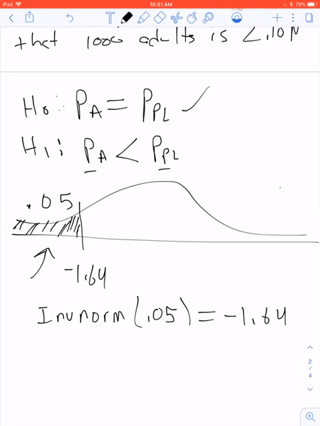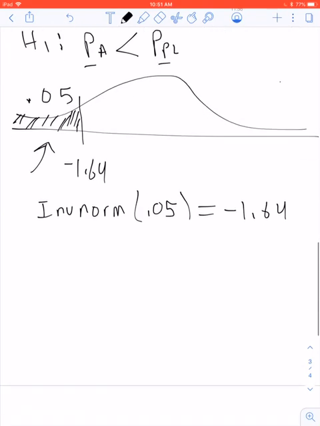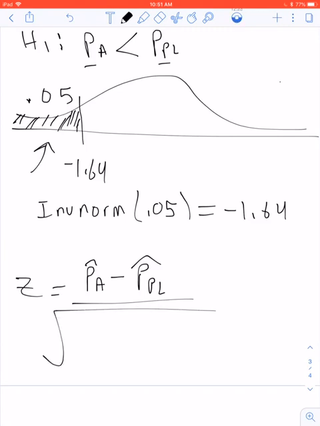So let's keep pushing here. Now I have to calculate my test statistic. My test statistic is going to be equal to the sample proportion of people who take aspirin every day minus the sample proportion of people who take the placebo every day and get cancer. So I'm subtracting these two proportions, and then what I need to put that over is